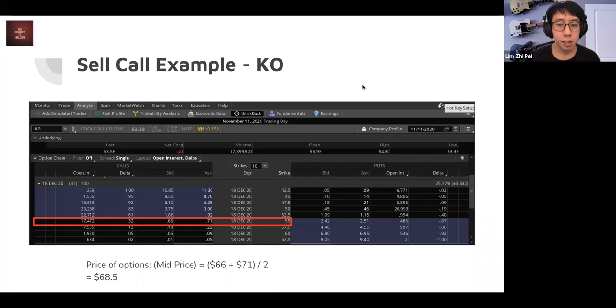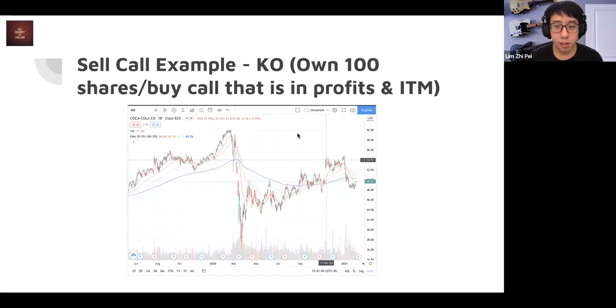In this case, as you can see, after that, the price went down. And if the price goes down, your sell call is already in profit. You can either take profit directly, or you can wait until expiry. But it is best not to wait until expiry because